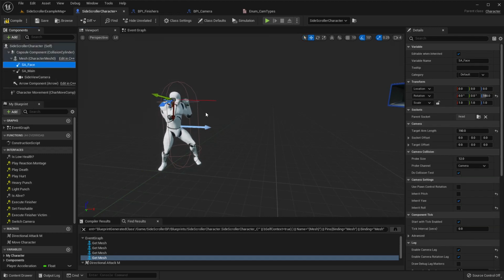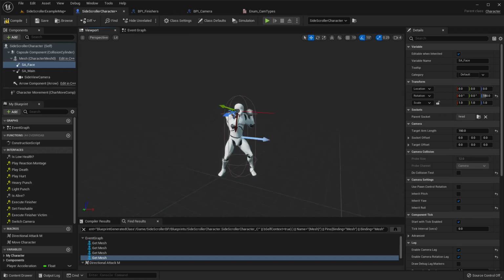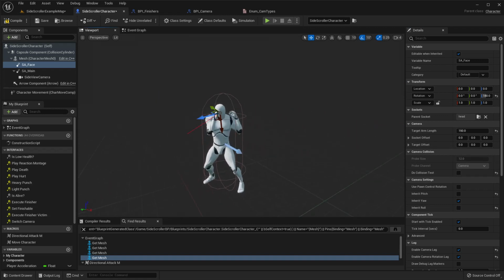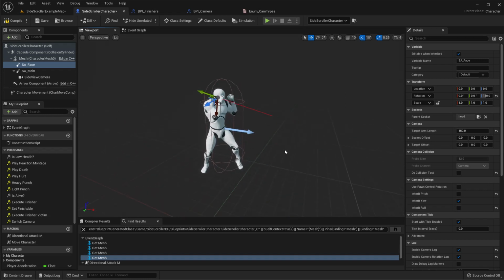So just like this one, where should we attach it? Oh, one more thing. I think we may have to disable collision test for these cameras, because the other character might be in the view of this camera, so we don't need to snap the camera back and forth. So I'll disable the collision test,